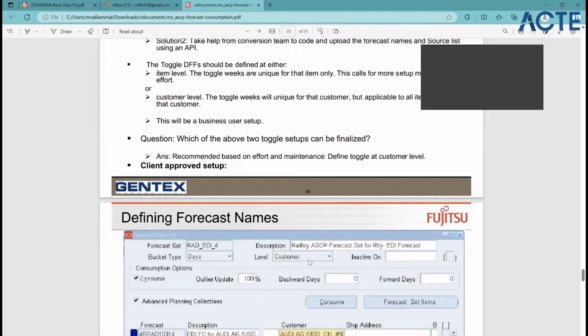And for a forecast also, there are two methods. One is forecast at the end of the month. Another is spread even. Spread even means that suppose it's